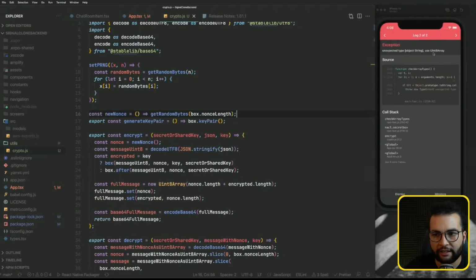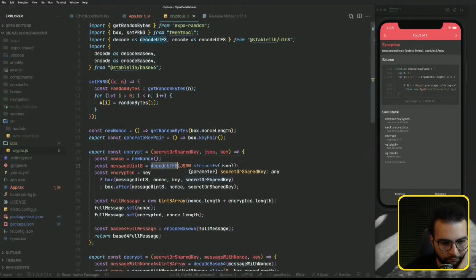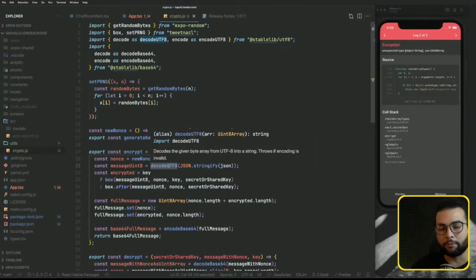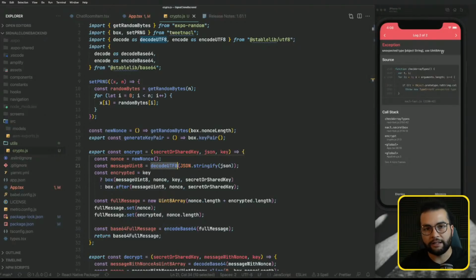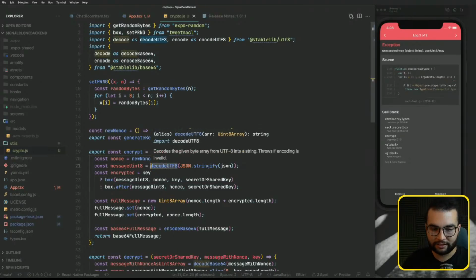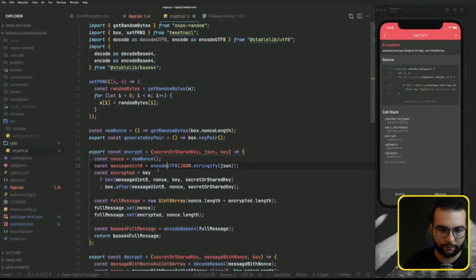Unexpected type, object string, as this. So this is happening, and I know why. This is for decoding and encoding the message from string to the UTF, like the unsigned integer array. So the only thing that we have to do is to replace decode UTF-8 with encode, because it has been messed up in these libraries. So encode here, UTF,